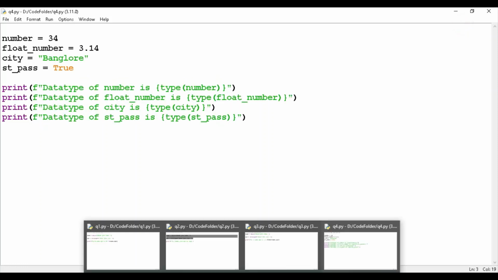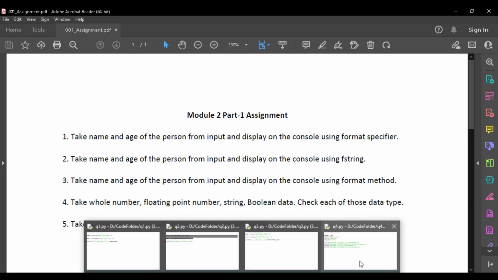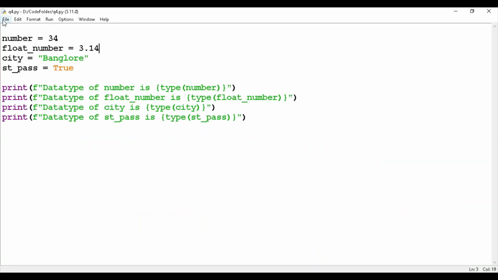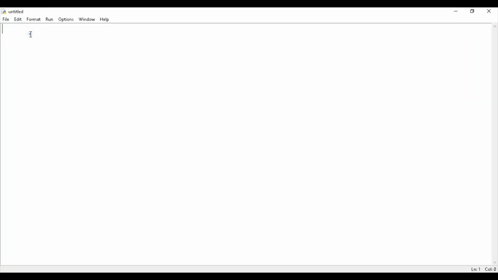So now last question is there. In the last question, take any input string and extract some part of the string. So that is our question 5. So I will create a new file. So for example, I am taking here one string city is equal to Bangalore, and I want to extract some part. So slicing we have to use.